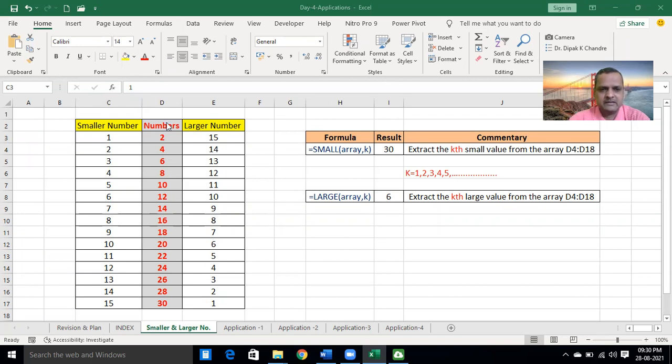Which one is the first larger number from the red color? 30. The first larger number is 30.